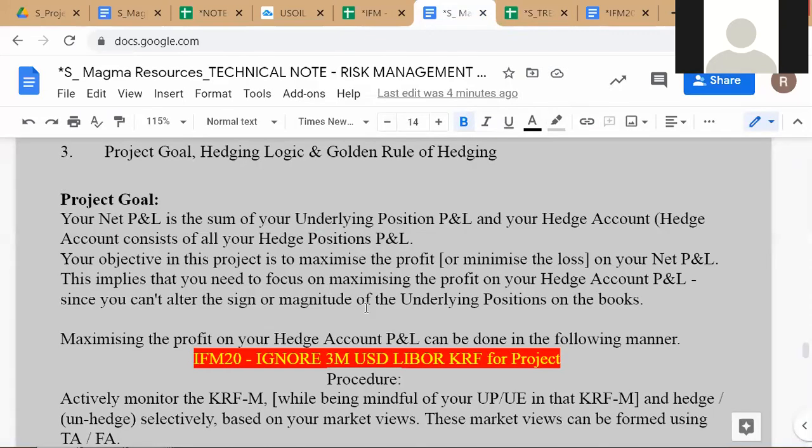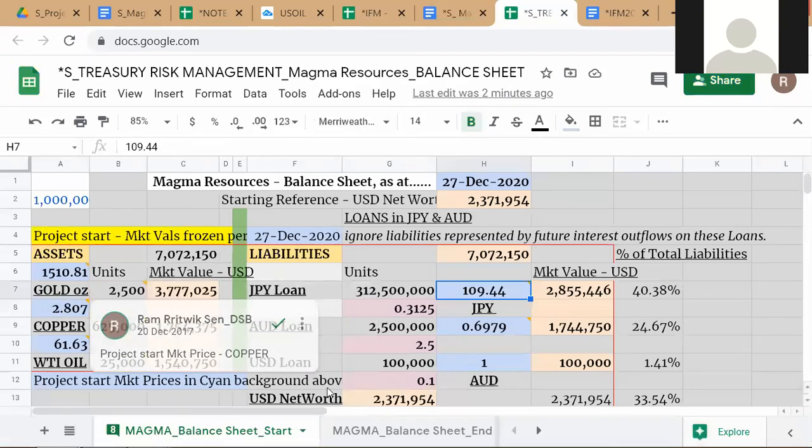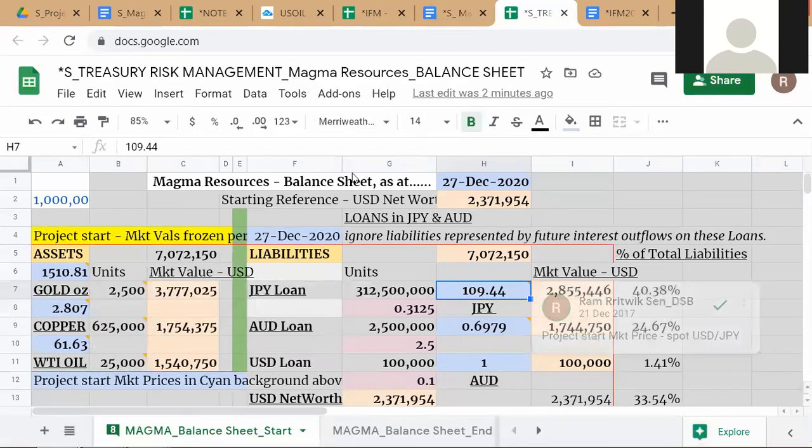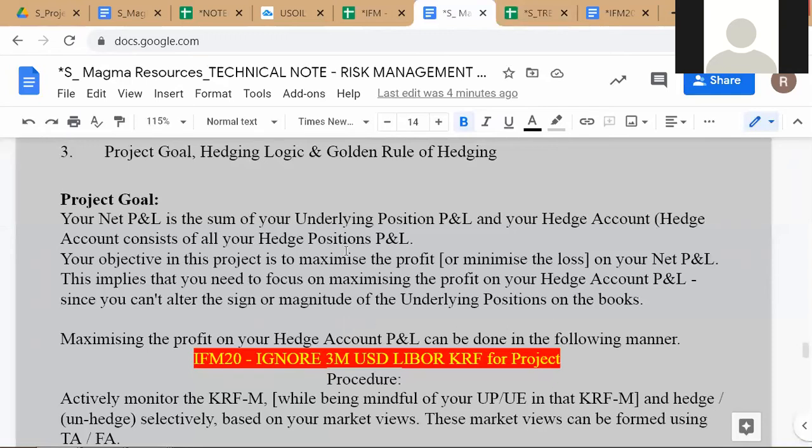At the same time, this movement in the underlying position P&L is affecting your net P&L. And as you know, as these prices fluctuate, your net worth is fluctuating. And you feel helpless because you can't do anything about it. You're watching it. But you don't have to feel helpless. What you can do is set up your hedge positions. You can set up your hedge account, okay? And you can manage your hedge position in such a way